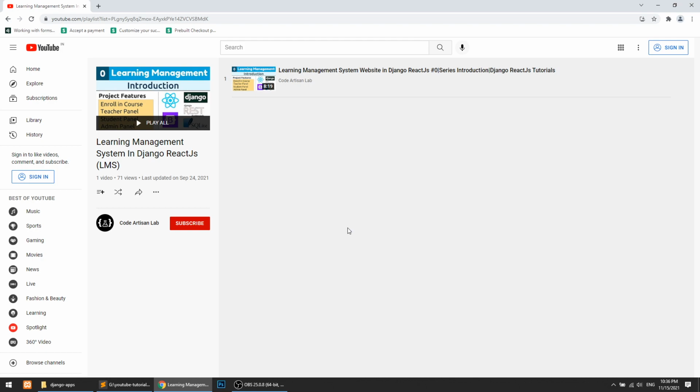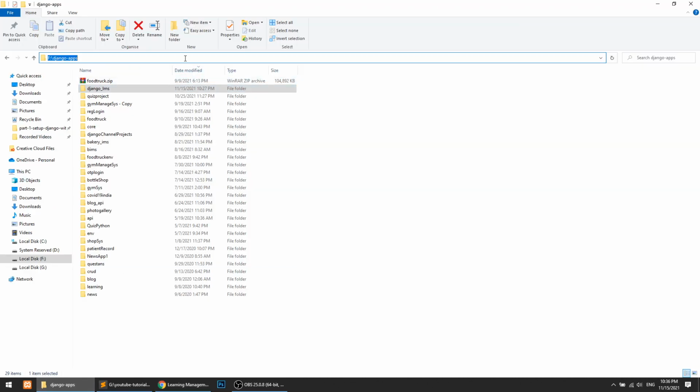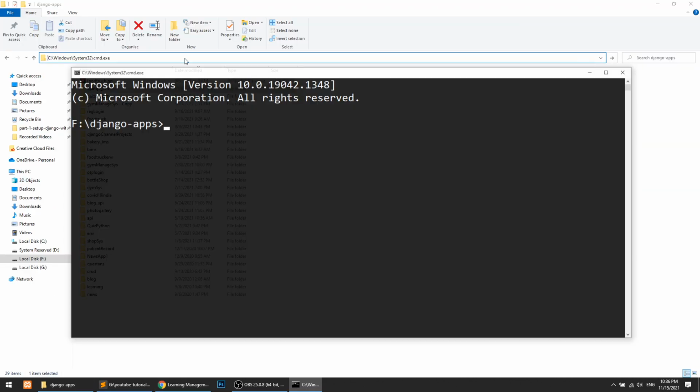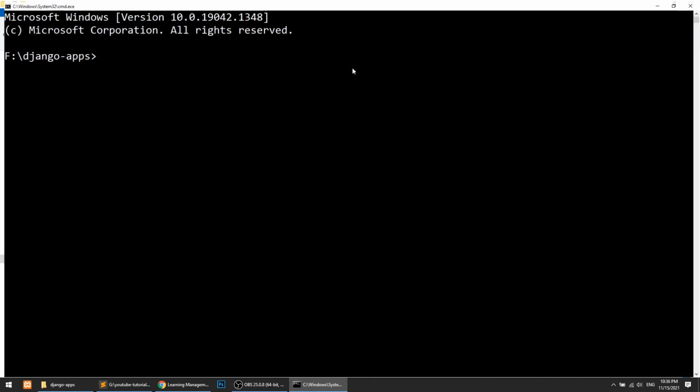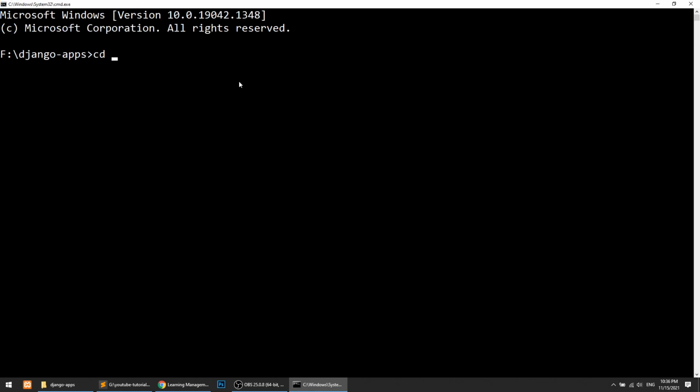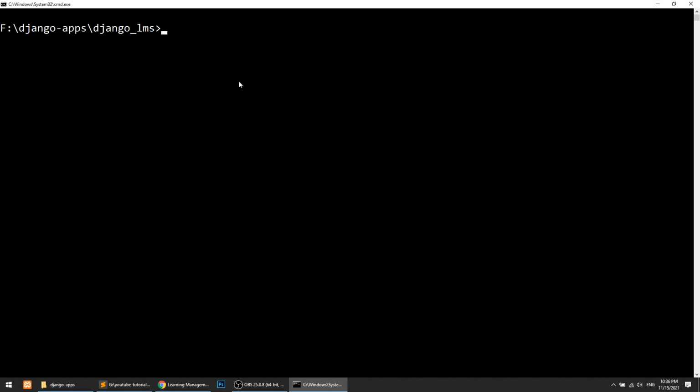So I will go to the folder, and here I have created another folder, Django LMS. For creating virtual environment, you need the package virtualenv. I have already installed that. If you have not installed, then you can install it with pip install virtualenv.